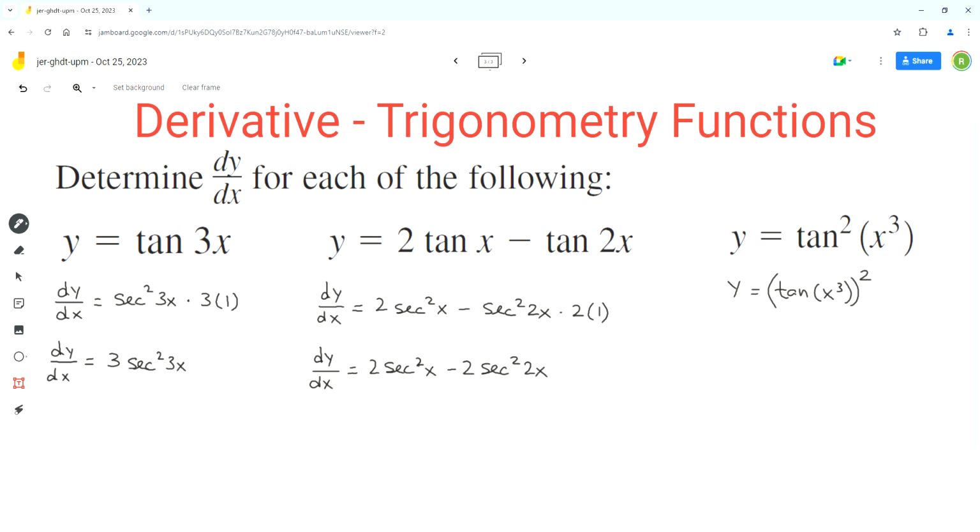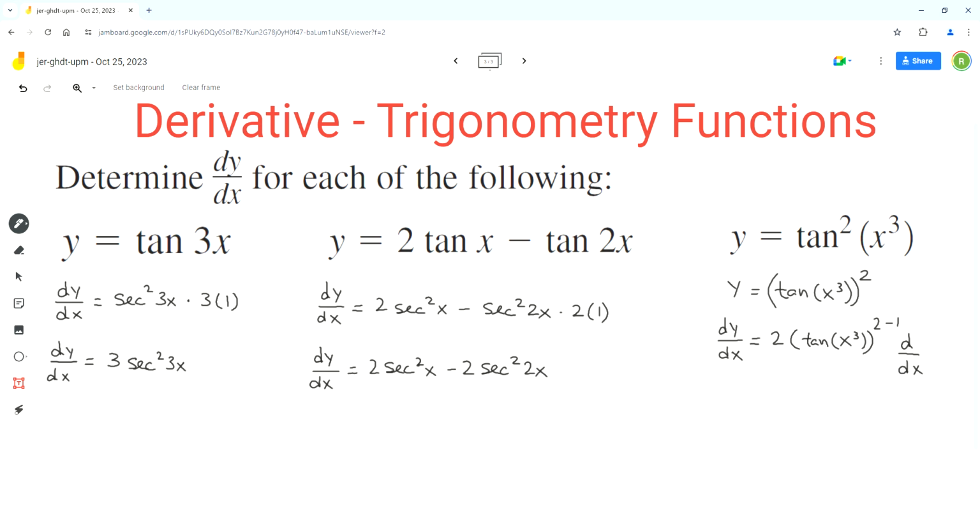So we'll have to use chain rule to find the derivative. So for the derivative of the outer function, which is the power 2, we'll have to use power rule. So we'll move the exponent 2 to the front, and we'll subtract 1 from 2 times the derivative of